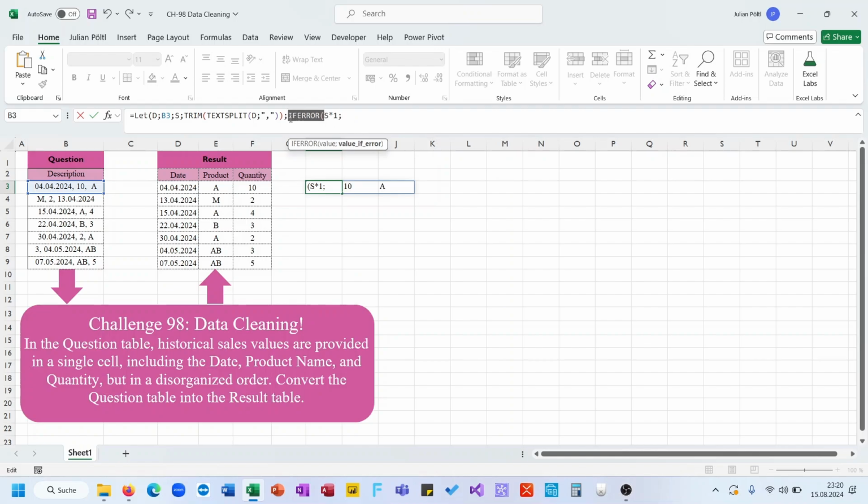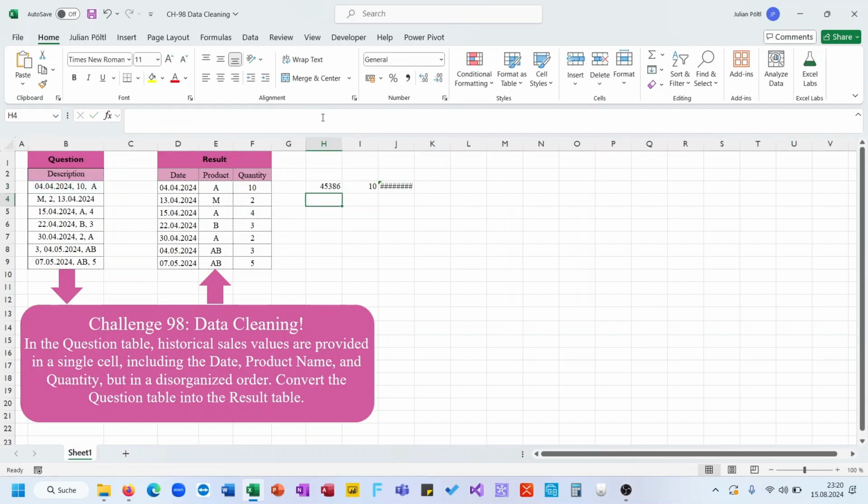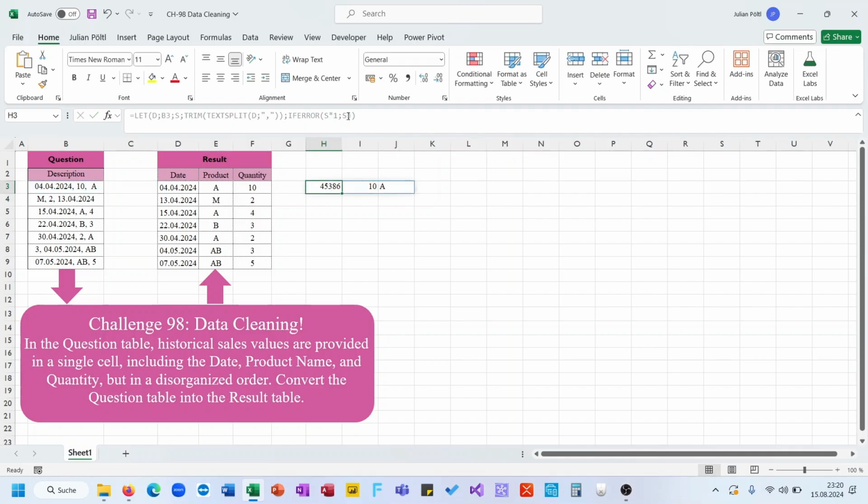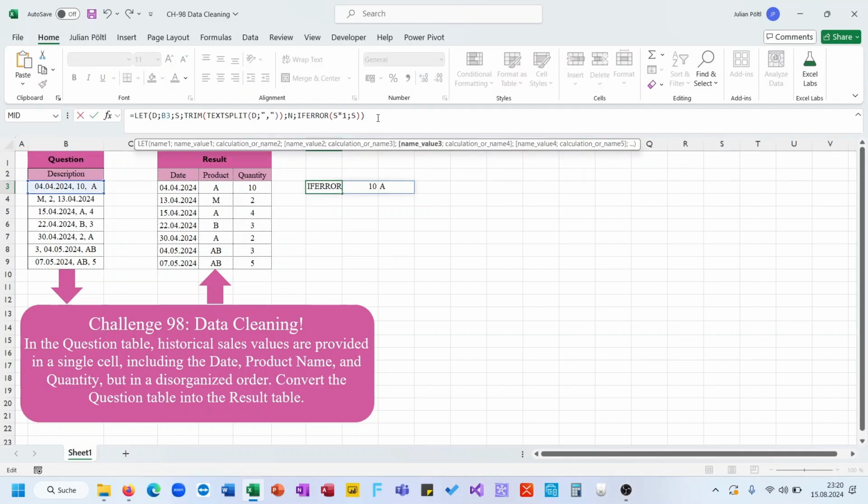so you see here, this would be an error because a text multiplied with something isn't a number, and therefore I would use this. And you see the text is there if there isn't a number, so then the value from before would be there. So name this N, and now I use the SORT function